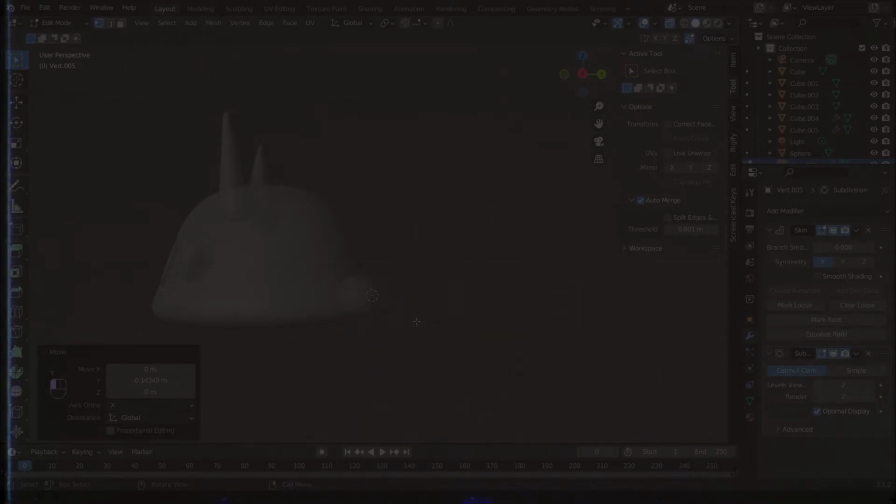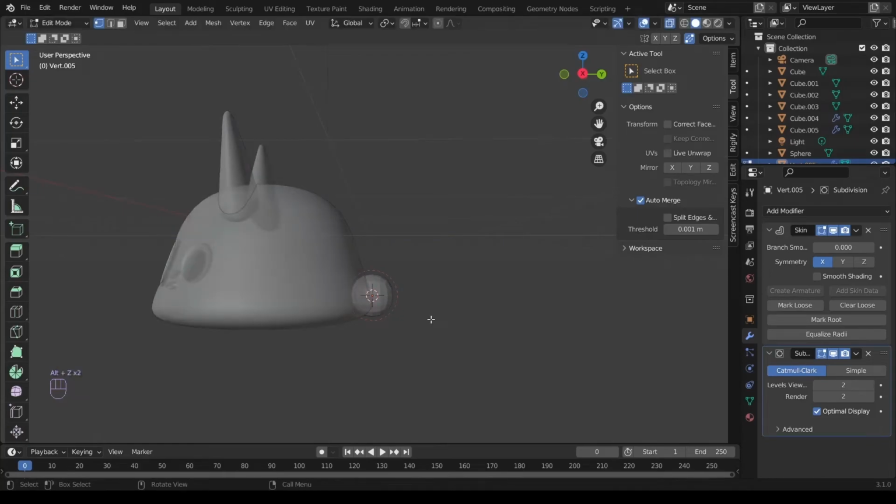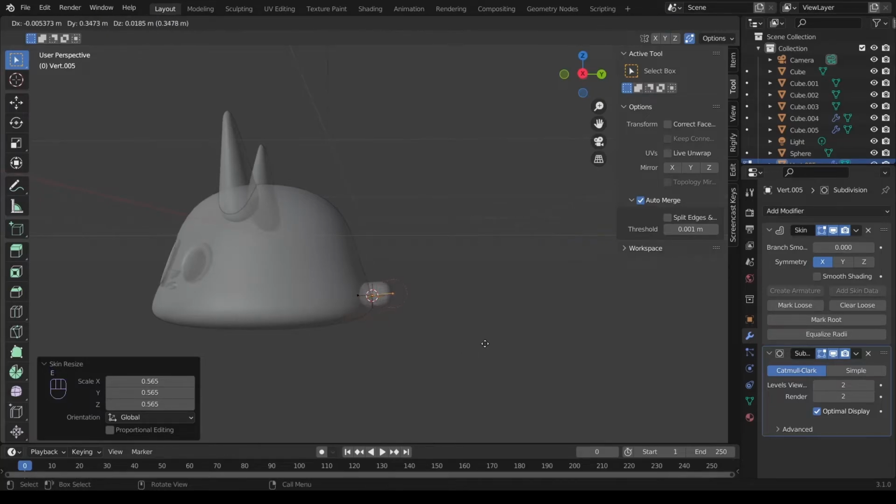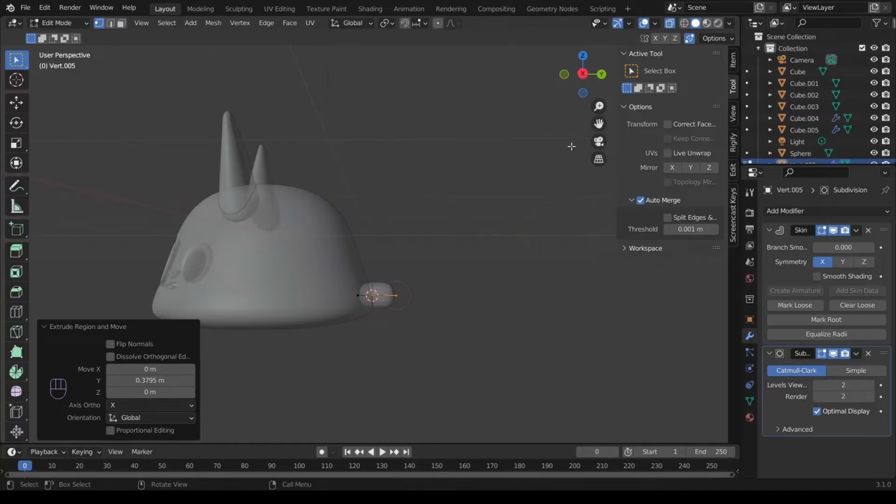In a nutshell, that means that to properly be aware of what you're doing when modeling a single vert, you need to be in wireframe mode. So let's smash that Alt-Z, select the vert, and to scale it, instead of S, you can use Ctrl-A. E to extrude it, position as you like.